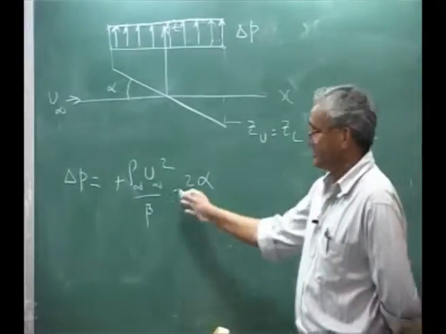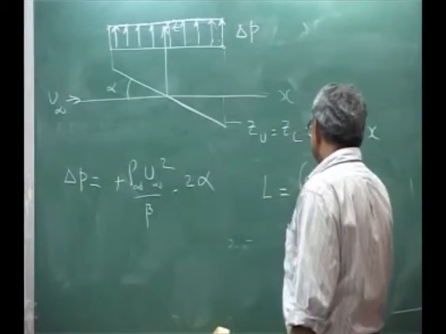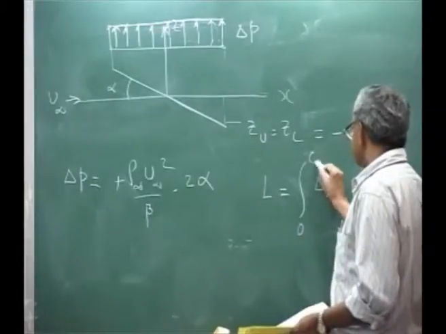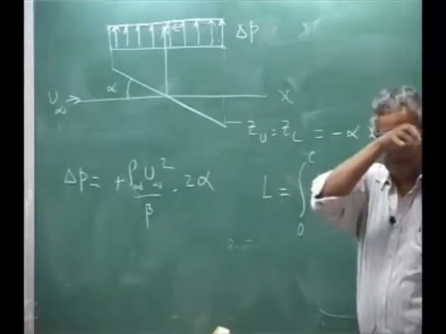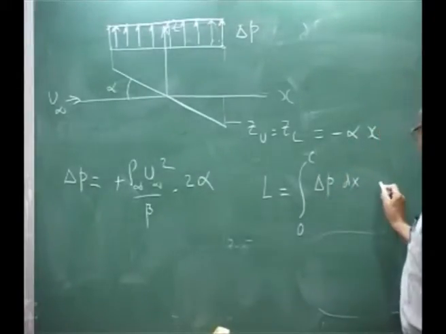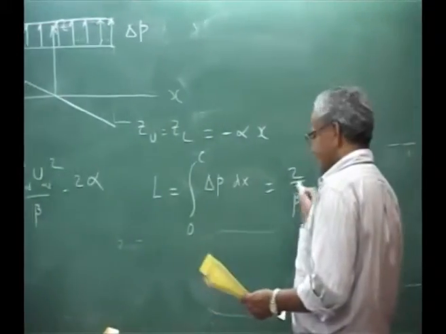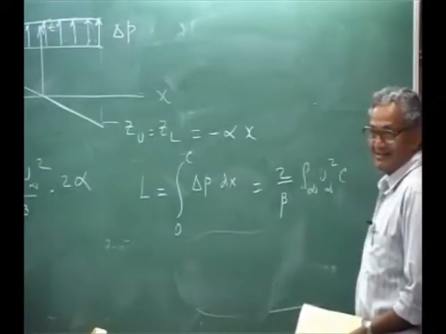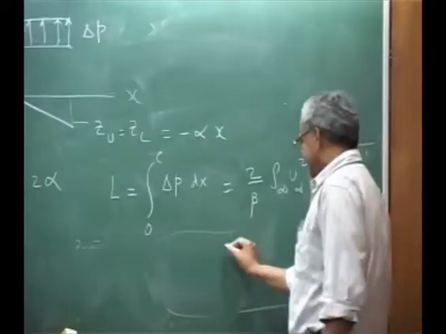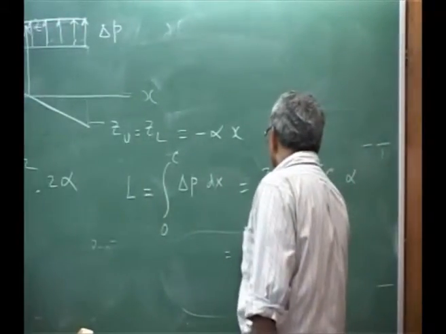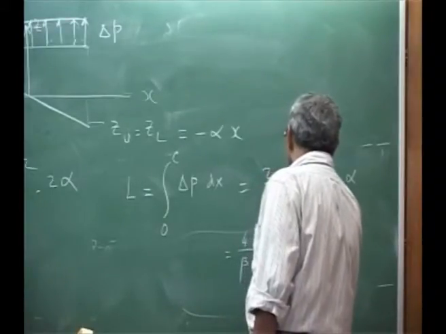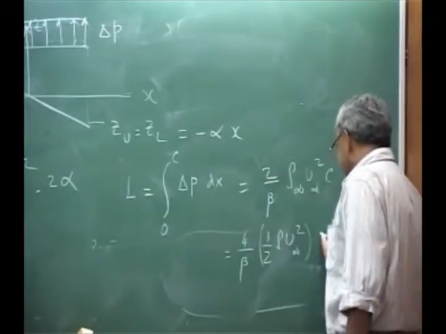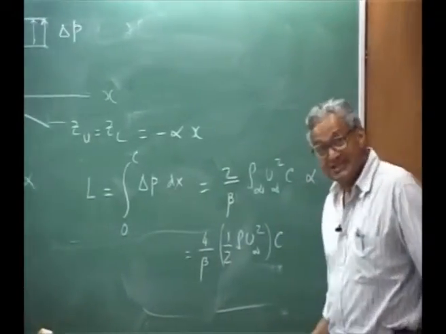Lift is just the integral of this. So lift becomes integral delta P over the whole chord, 0 to c, dx. Since this is a constant, this is nothing but 2 over beta rho infinity u infinity square chord into alpha, which you can call it as 4 over beta. Dynamic pressure is half rho u infinity square, area is C, and you will have CL, which is,